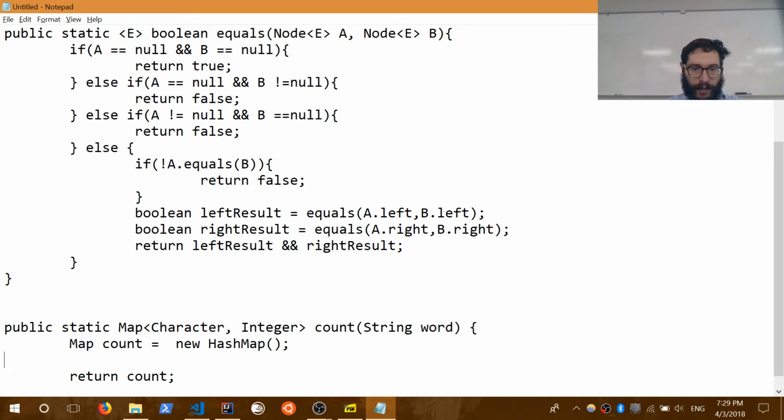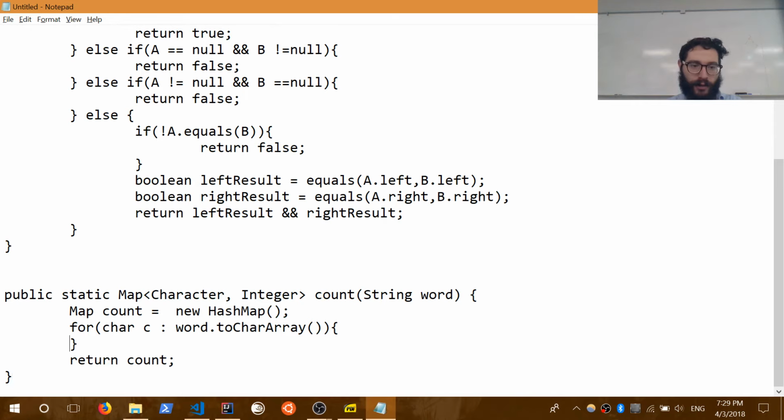So now, for every single character. There's a lot of ways to do this. You could do int i is equal to 0, then get the character at it. I'm just going to simply go for each character c in word dot to char array, to turn it into an array. We'll turn the word into an array of characters so I can iterate through it like this. So now I'm just going through each character, so for every character in the word,